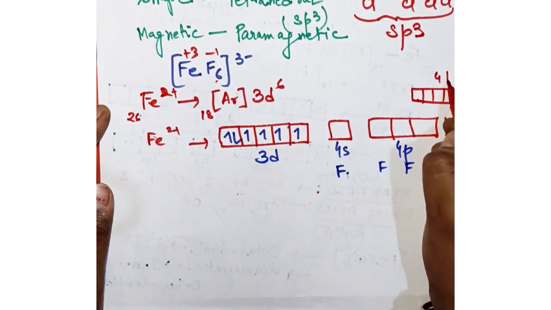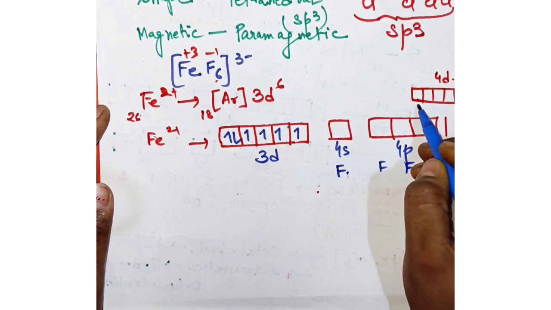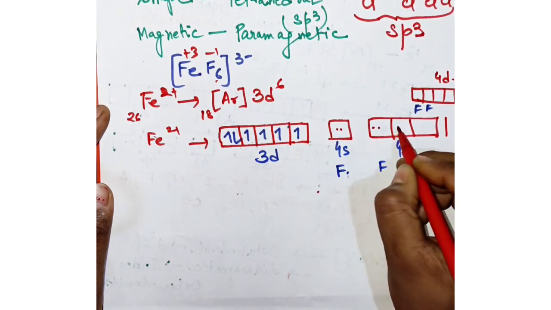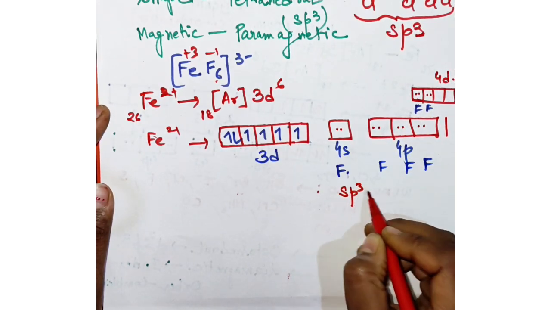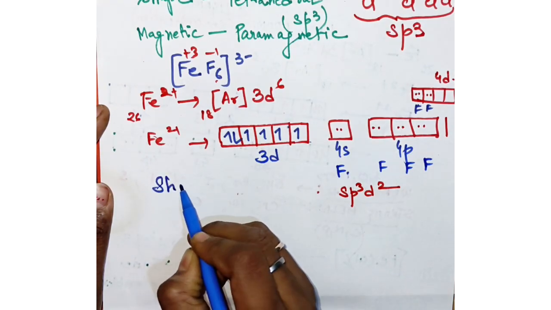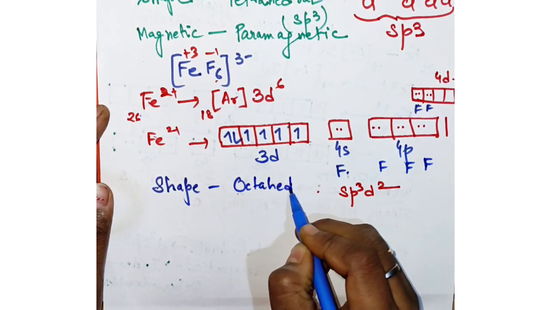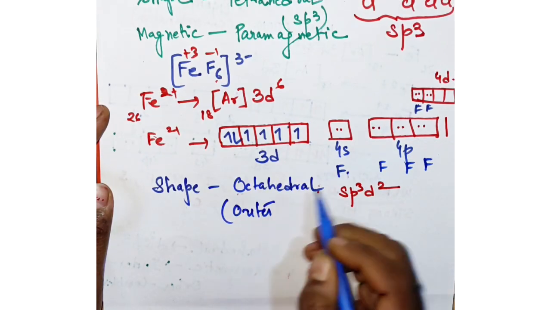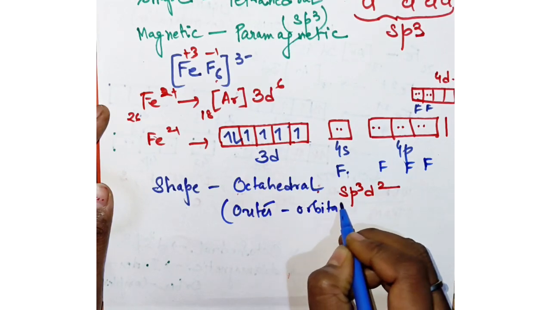Okay, so this is 4d orbital. So how many electrons has it taken? 1, 2, 3, 4, 5 and 6. So it is sp3d2, so the shape will be octahedral. This is an outer orbital complex, outer d, because it is using the outer d, so it is an outer orbital